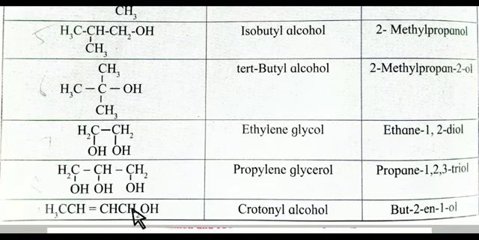See here, we have to number it from the right side as 1, because OH is nearer from the right side. So it is 1, 2, 3, 4. 4 carbon atoms are there: 1 carbon atom containing OH and 2 carbon atom containing a double bond. So it means that it is but. But means 4 carbon. 2-en means the second number carbon contains the double bond. 1-ol means the 1 number carbon contains OH. So it is nothing but the nomenclature of alcohol, a monofunctional group.